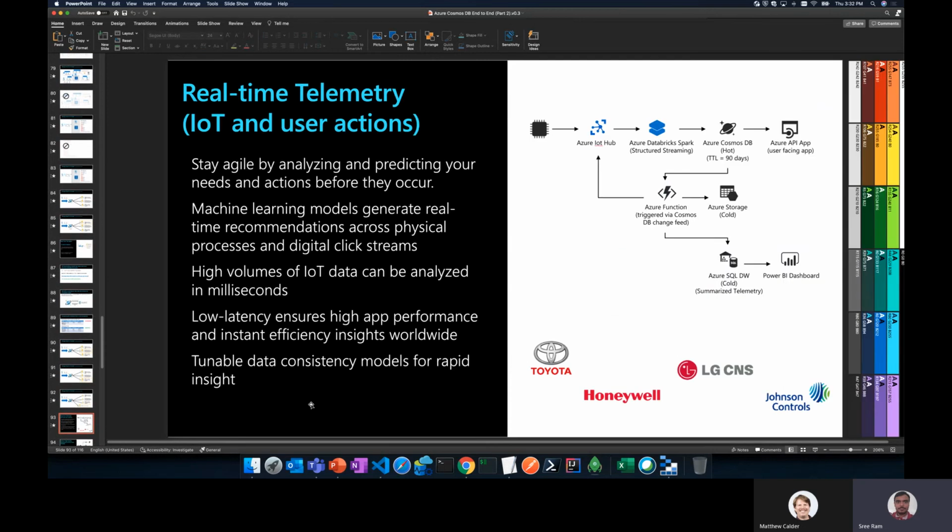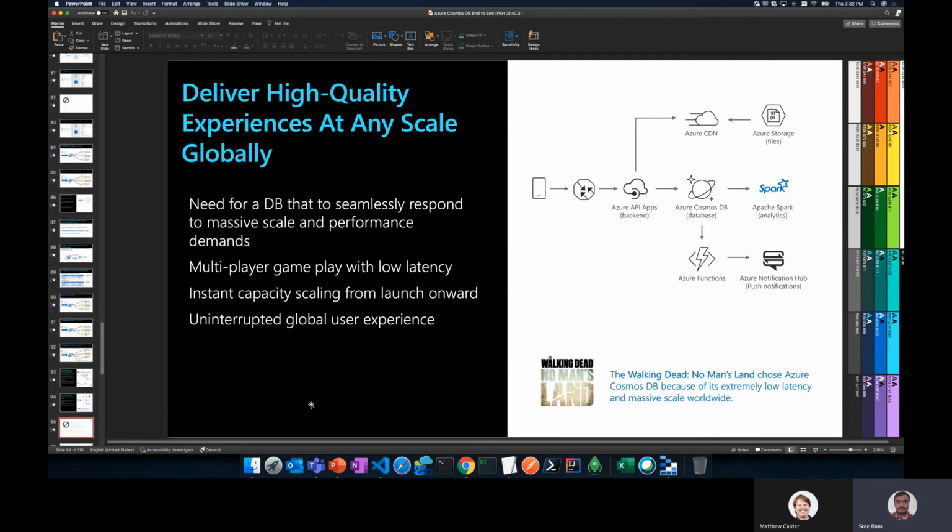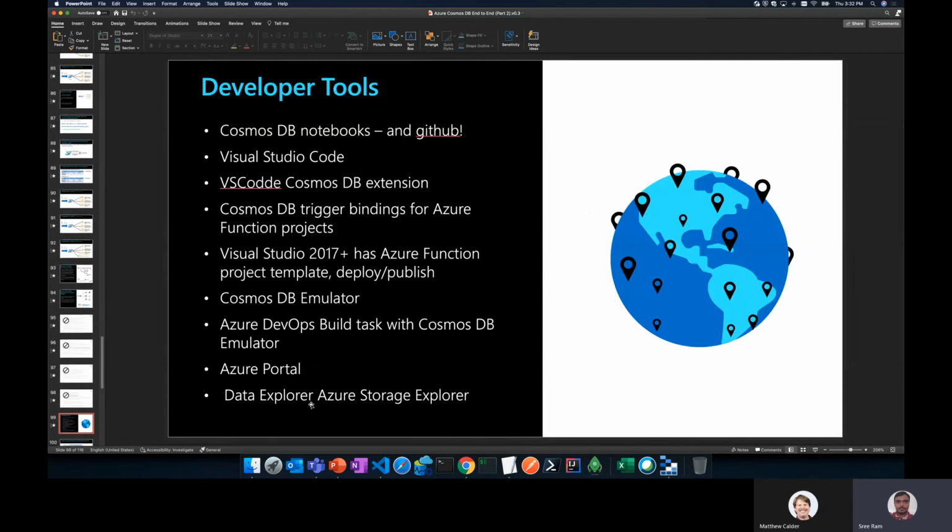Okay, so with that, this is the right time we wrap today's session up. Just to make sure, today I have shown you Visual Studio Code, how to use it, and I have shown you the Cosmos DB extension. If you press Ctrl+Shift+P on Visual Studio Code, on my Mac, you can see all the things that you can do over there. I did not show you Visual Studio 2017 and Cosmos DB emulator. That's for another day. I showed you Cosmos DB bindings, then I showed you Azure Portal, and I showed you Storage Explorer.